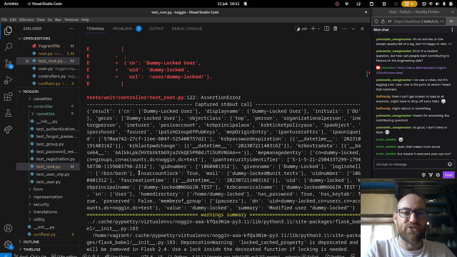NS account lock equal true. That's where it is. Okay, so it's right.